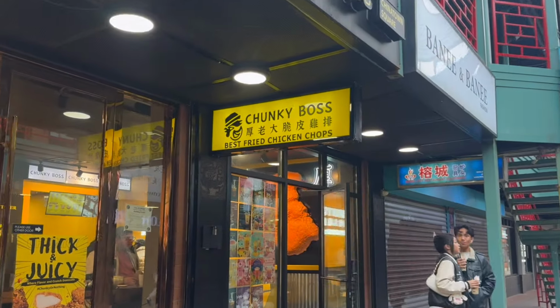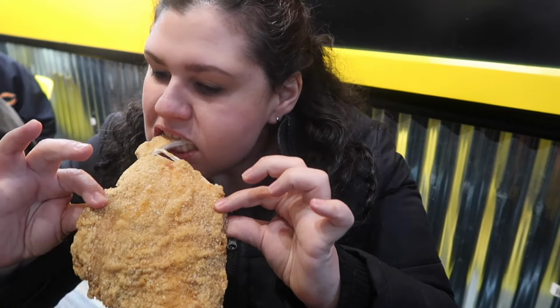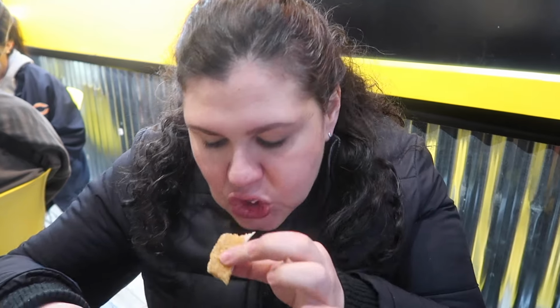So about Chunky Boss, it's actually pretty good. Like, the chicken is juicy, right? But they kind of like make it to order, right? So it comes right out of the fryer. I really like that. I really enjoyed the sweet chili one the most. I like that kind of like sweet savory flavor,